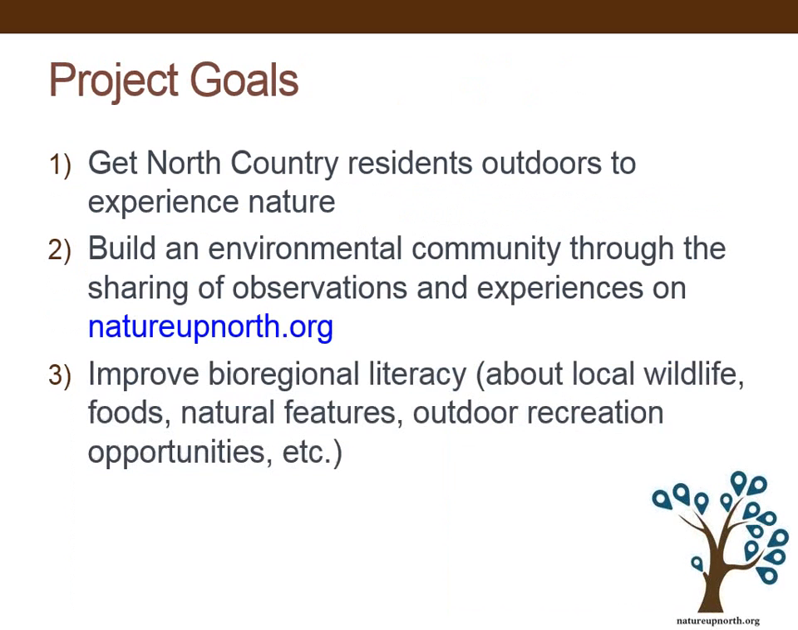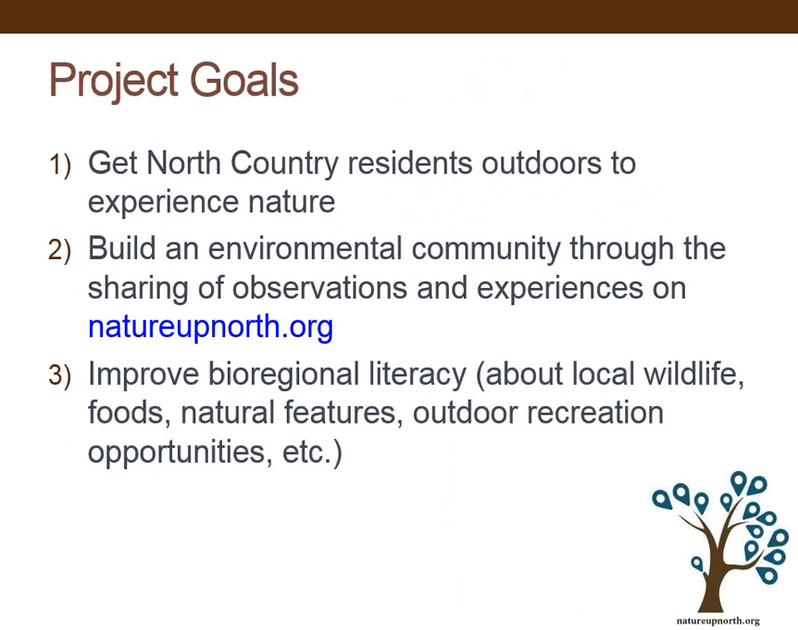So there's three primary goals of the project. The first is to get North Country folks outside, reconnecting with their natural environment, and in hope that in so doing we'll build an environmental community. And part of that building of community happens on our website, and I'm going to show you the website in a couple minutes and give you an example of that. With the final ultimate goal of improving bioregional literacy, and I'll give you another example of this in a minute,